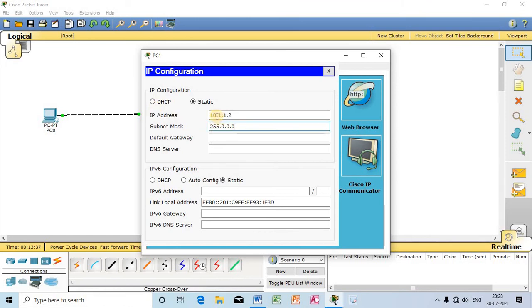The first part, 10, belongs to the network side, and the next part, 1.1.2, belongs to the host side. So both computers belong to the same network, because the network address is 10. For PC0, the host address was 1.1.1, and for PC1, the host address is 1.1.2.